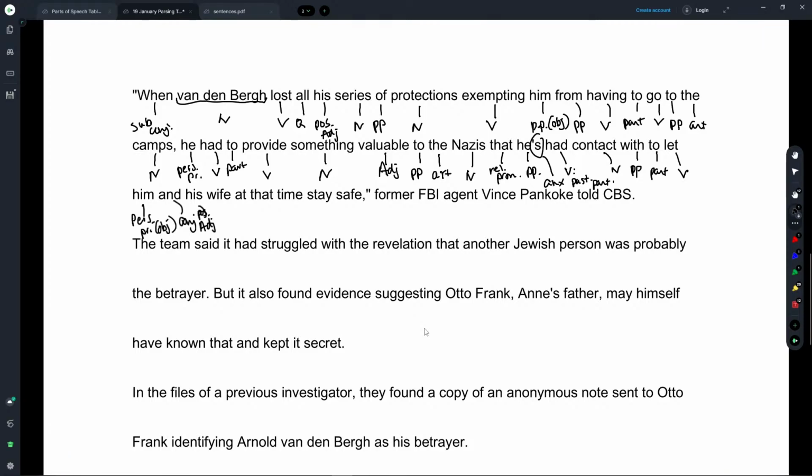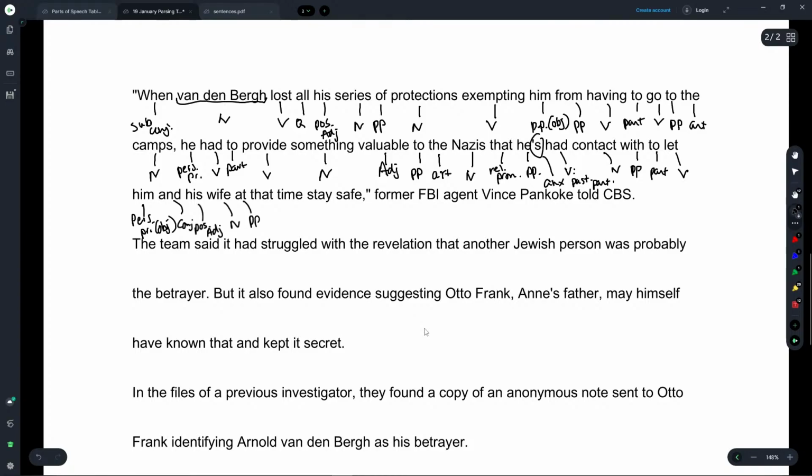It's getting smaller and smaller. Let me make it a bit neat. Let's see. Conjunction, his, possessive adjective, wife, noun,